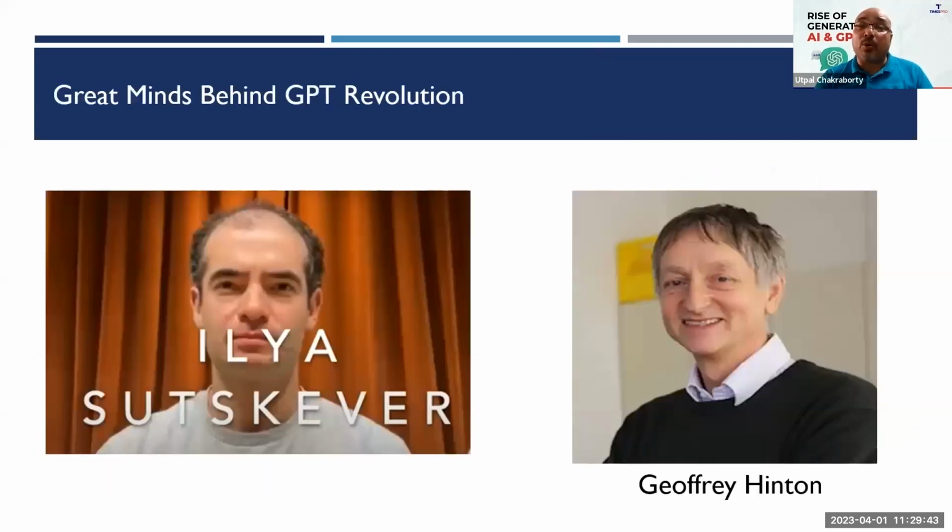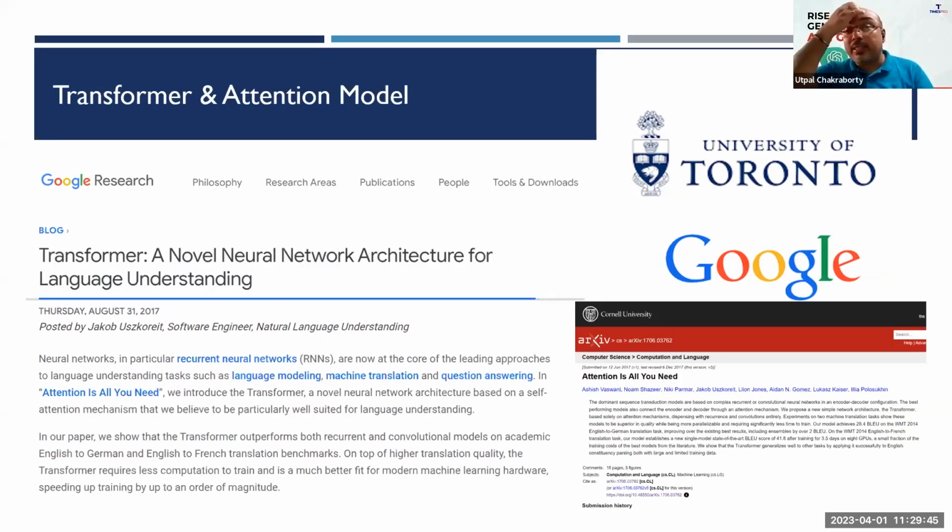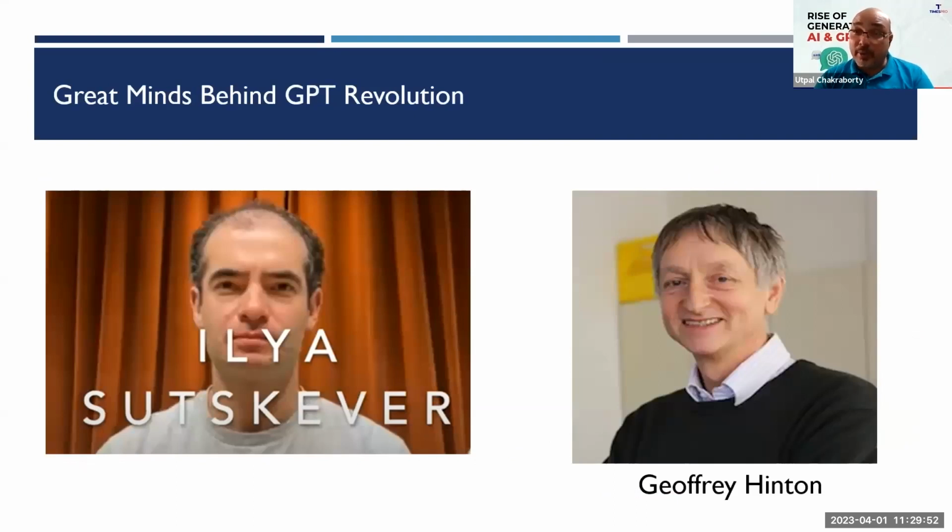So basically, the two men behind this transformer neural network were these two people. Of course, I'm not going into detail because this is the evolution, right? So we know the transformer. Before that there were a lot of things too, but these two persons made a great contribution to this, right? So Geoffrey Hinton, all of you know, right? So he's the person, I mean, whatever